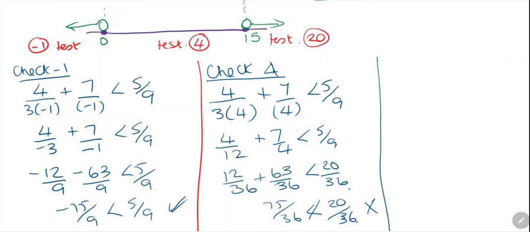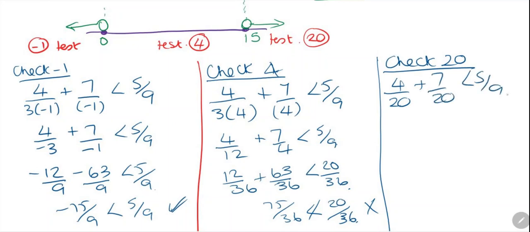4. And now we're going to check with 20. So we got 4 over 20, 7 over 20, and is that less than? Okay, so this is 3 multiplied by 20. So we've got 4 over 60. And we're going to,